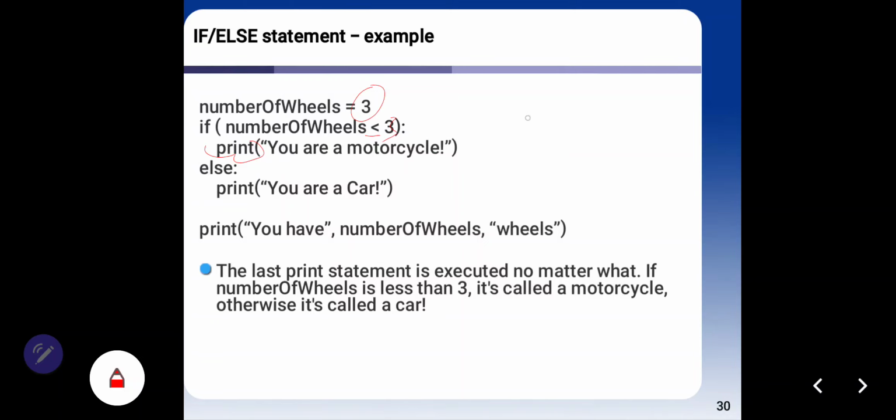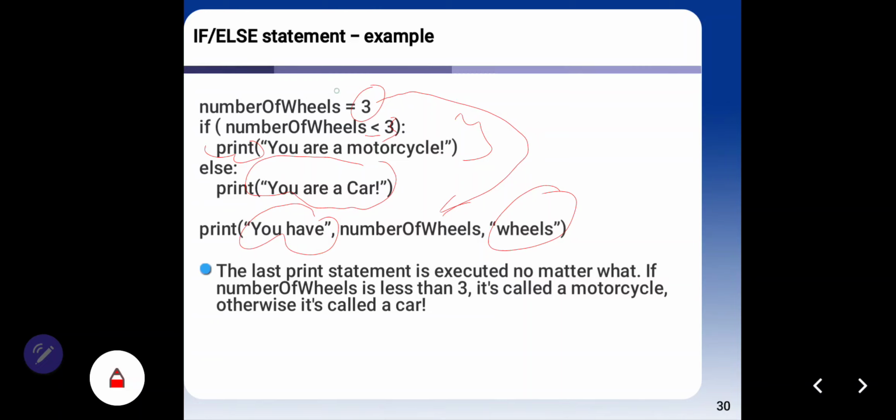But if this block is false, then you can see in the result, you are a car. You have number of wheels, this is a string, and you can see in here, and this variable 3 moves to here. Okay, we can check together.